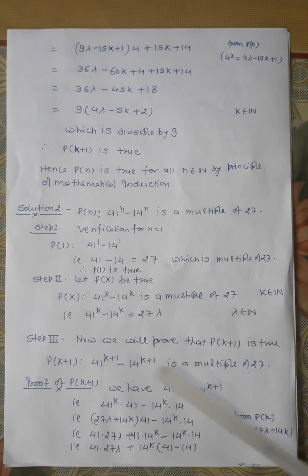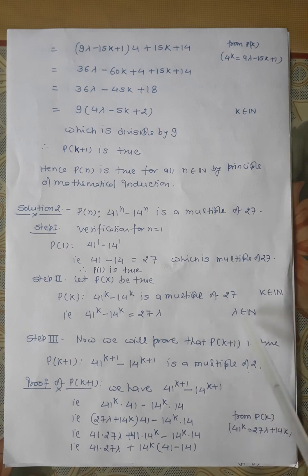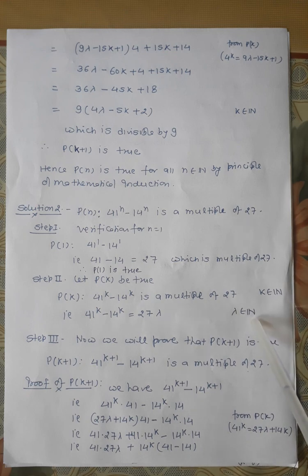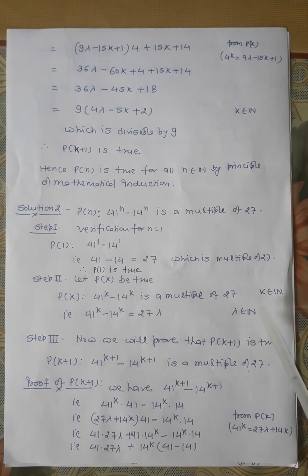It depends on the value of k what the value of lambda will be. So we are not cracking our mind about what the value of lambda should be, because it depends on the value of k. So lambda will remain as it is. Only one thing we should write, that lambda belongs to the set of natural numbers. This is the notation of belongs to, and this is the notation of set of natural numbers, N with one line just before it.